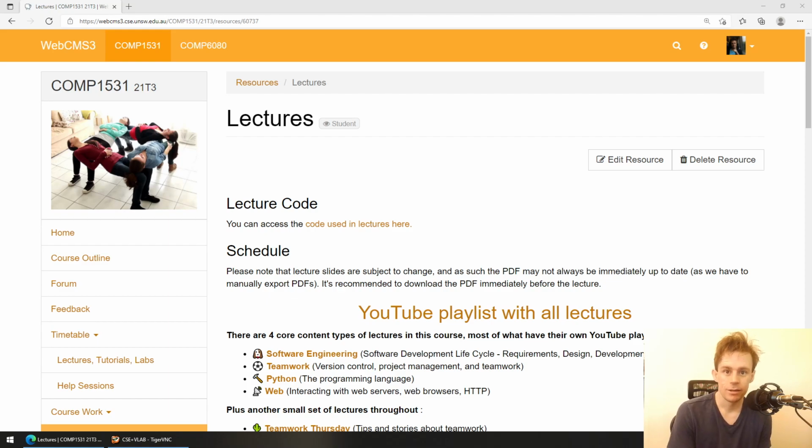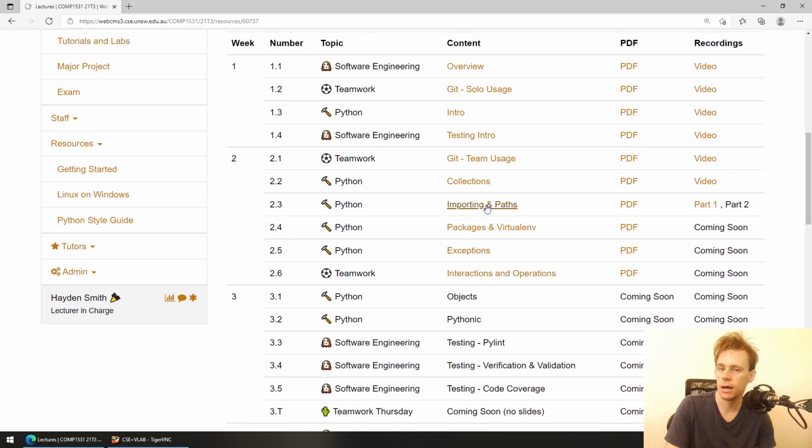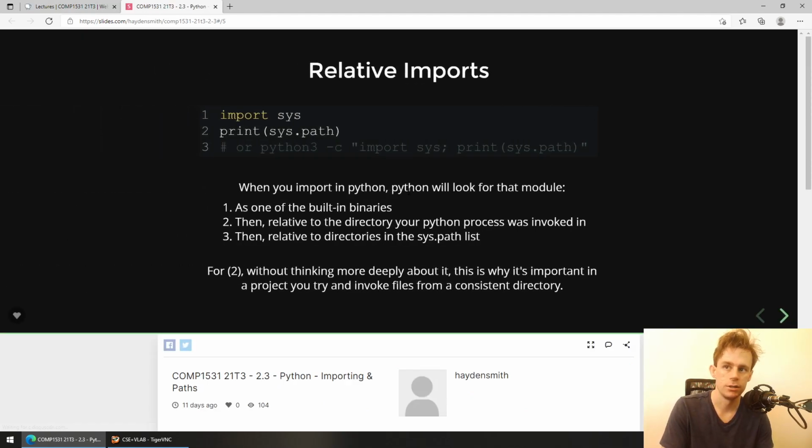Today we're going to be going through 2.4, which is the packages topic, but even just before that, we're going to dig a little bit into that last little part of the importing that we did yesterday. I'll explain that a little bit more, because I think there's a tiny detail we missed out on yesterday. That was actually just a single slide at the end of our importing lectures, which touched on the idea of